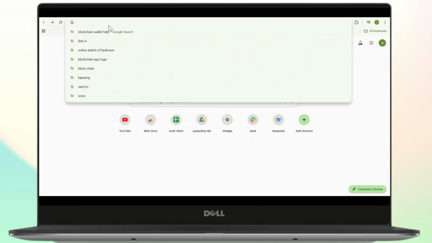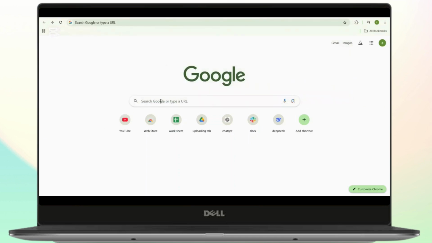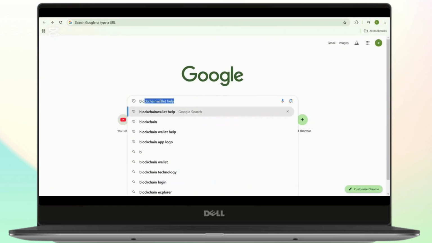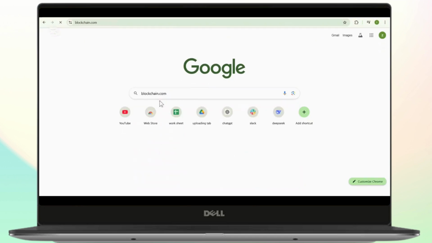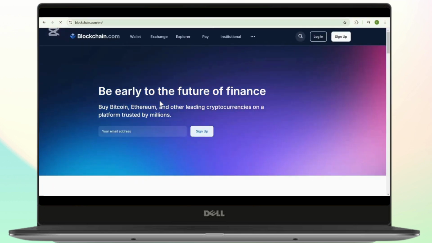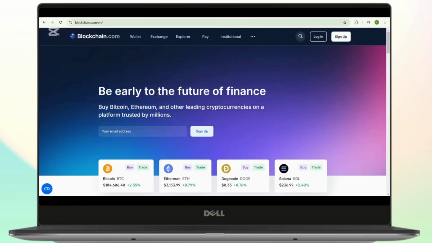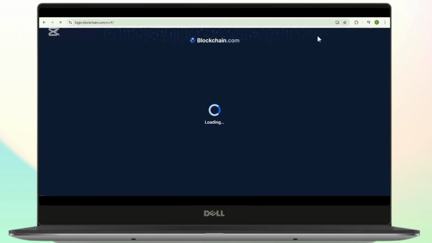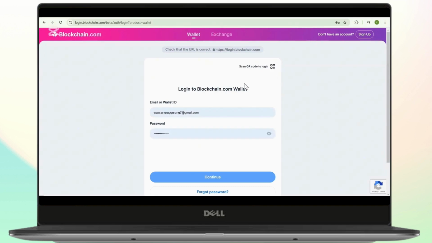Open your preferred web browser and go to the official website of blockchain by entering blockchain.com in the search bar and simply searching for it. Once you are in the main dashboard of blockchain, you can see the option to log in. Simply click on that. Now you will be prompted to the page where you need to enter your email or